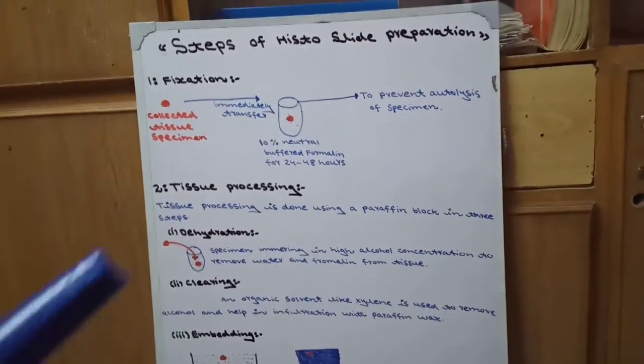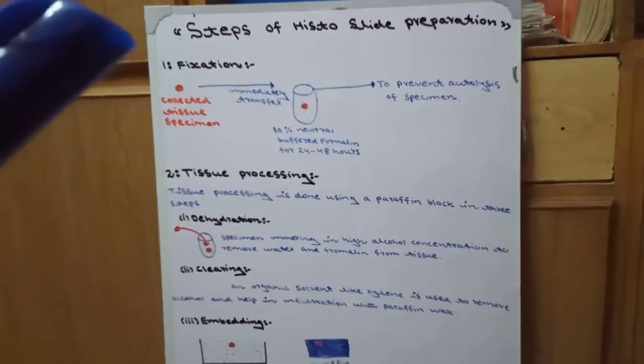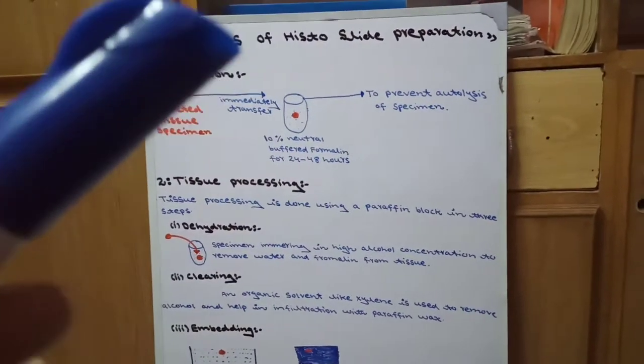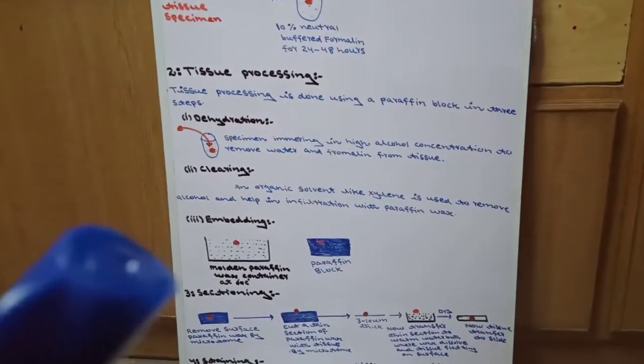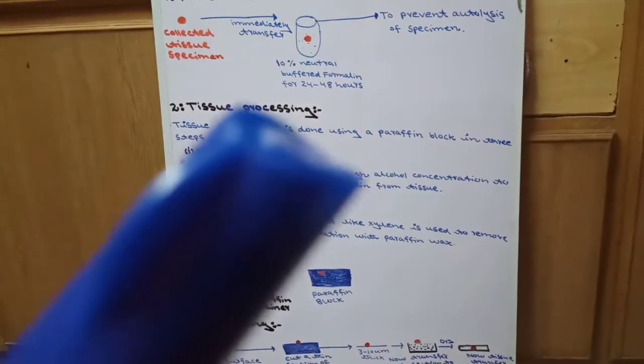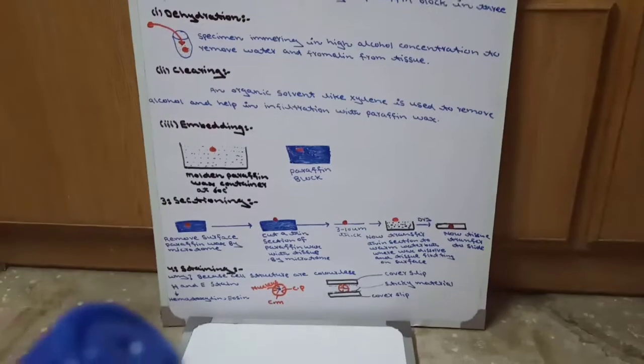Now, steps of histoslide preparation. There are 4 steps of histoslide preparation. Number 1 is fixation. Number 2 is tissue processing. Number 3 is sectioning. And number 4 is staining. First we start from